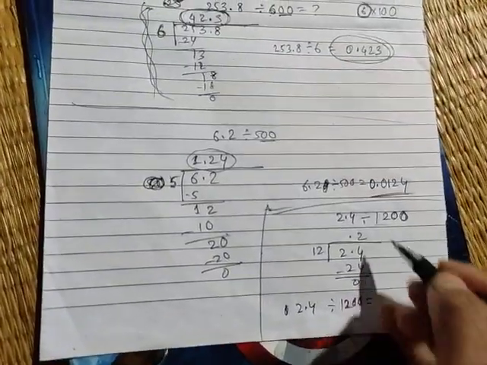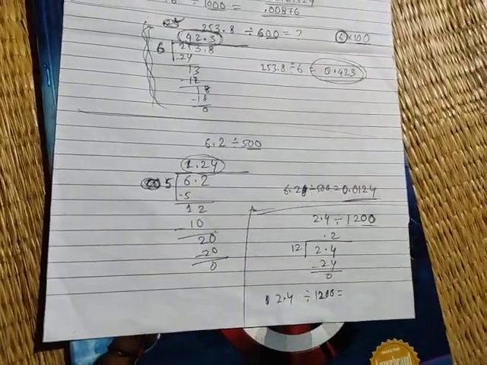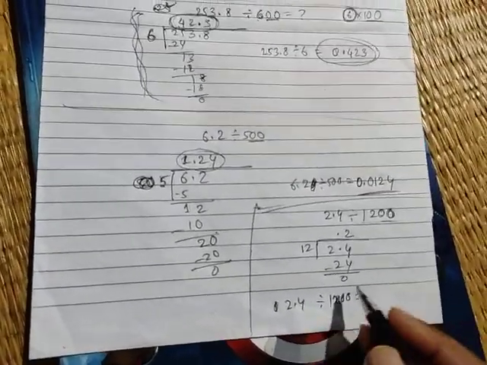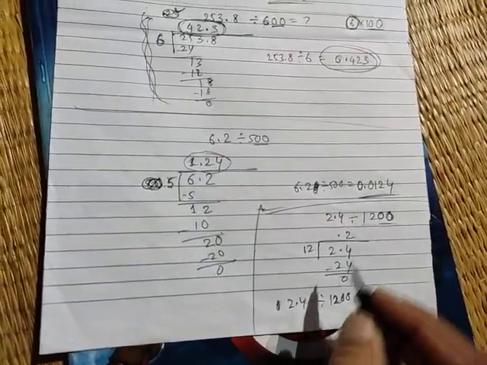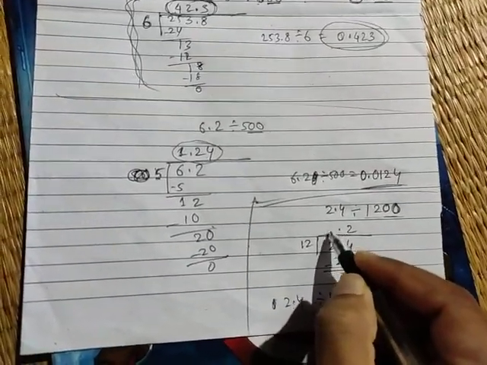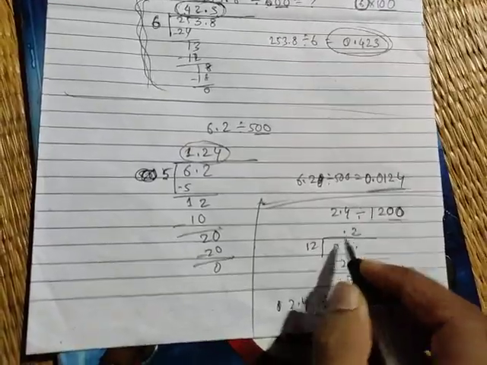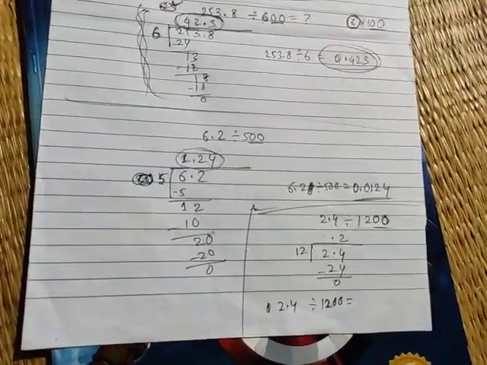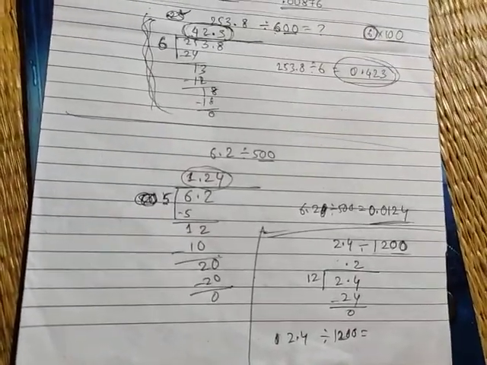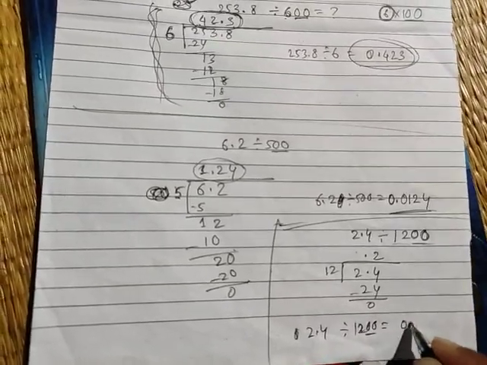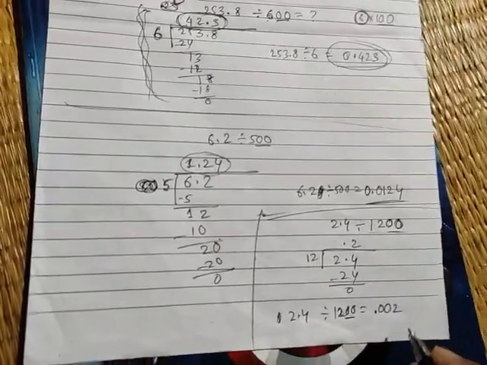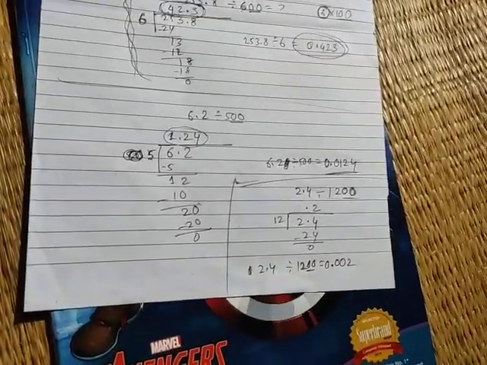Now come to the number of zeros. Here 2 zeros are there. Okay. So shift the decimal point by 2 digits. Now come to the point. Here you have no digits in front of the decimal point. That means here you have no integral part. No means always 0. So what do we have to do? We have to put 2 zeros in front of 2, then the point. So this is our result. Clear?